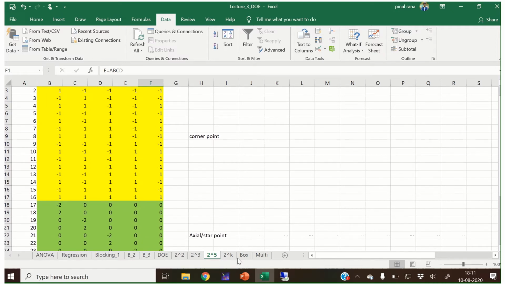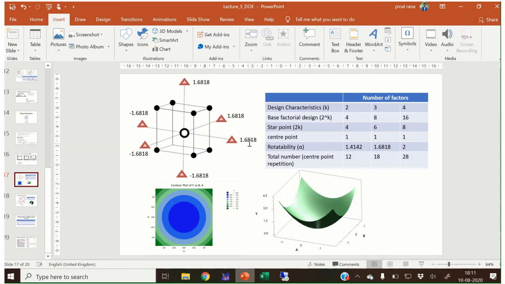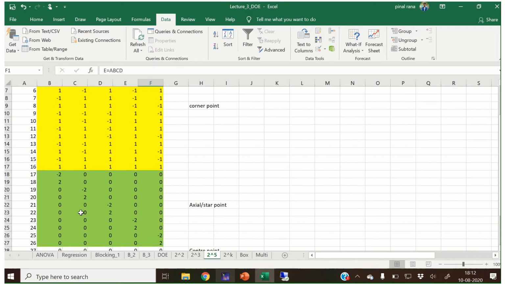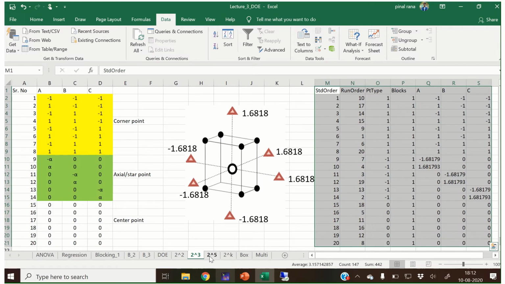Okay, and as we can see over here, the rotatability factor for the 4 and 5 variable design will give you the rotatability factor 2. So that's why we have used 2 over here. So in order to calculate the star points, we did this. I did the same thing that we did over here and over here.